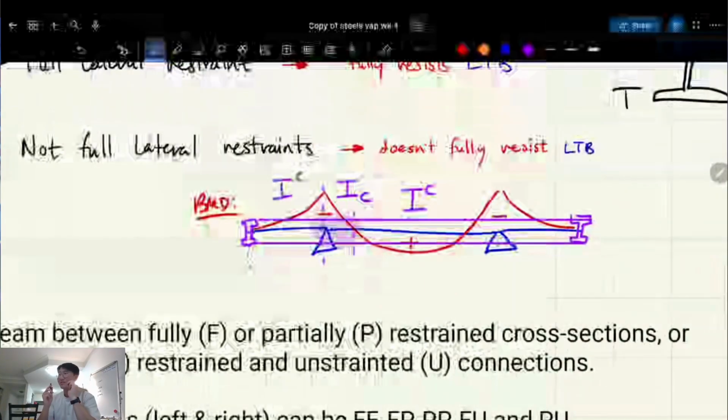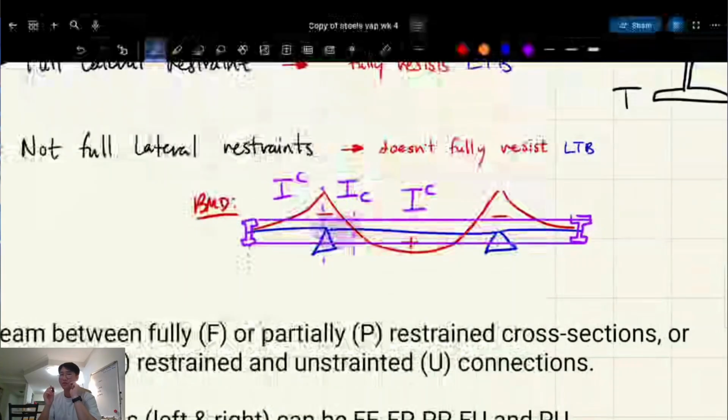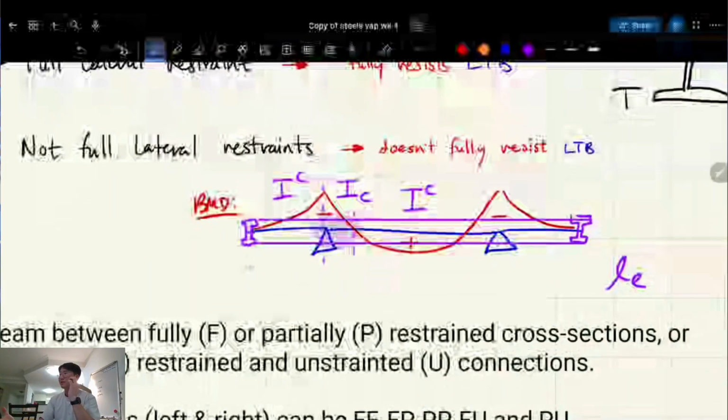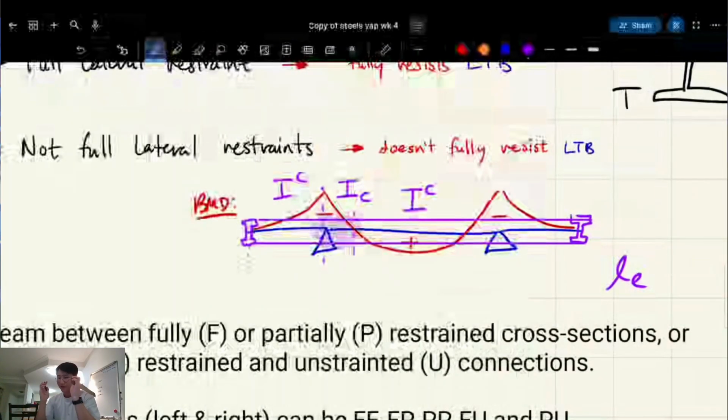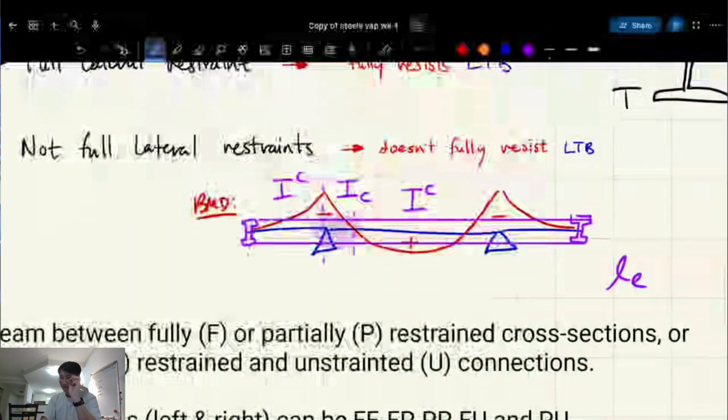So these points are the points that need to be restrained in order to prevent, what's the word, laterally torsionally buckling. So, in order for you to reduce your LE basically. Remember, LE is your effective length. Yes. So if your critical flange is not restrained, then you can't reduce your LE. Yes. And you're going to see all these details in workshop questions and everything, and it's to do with